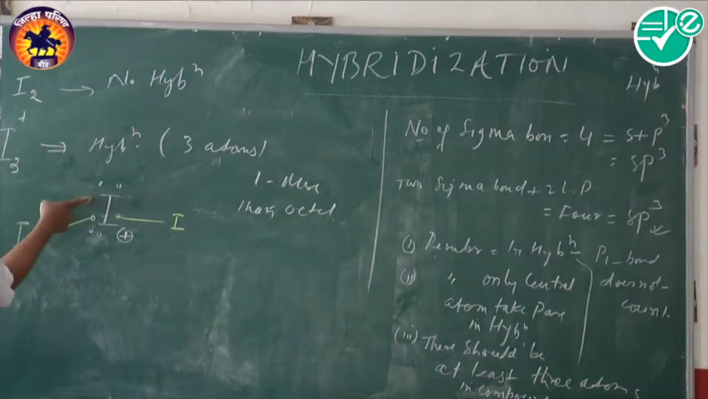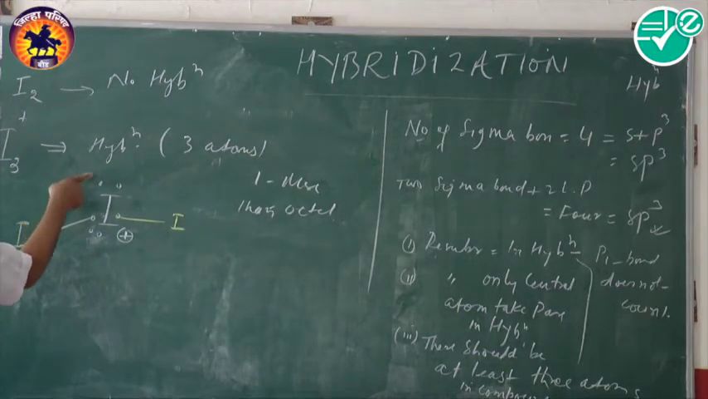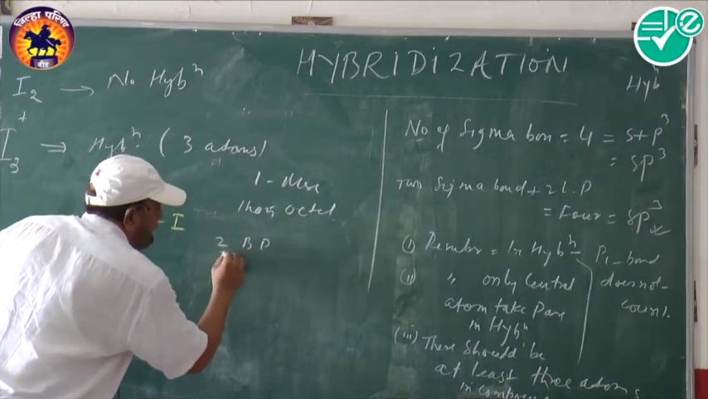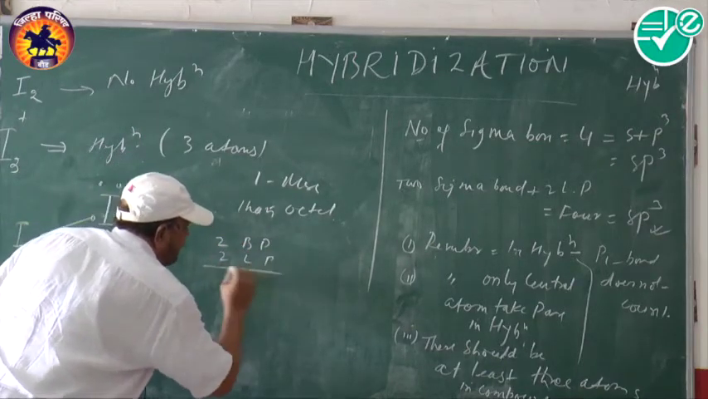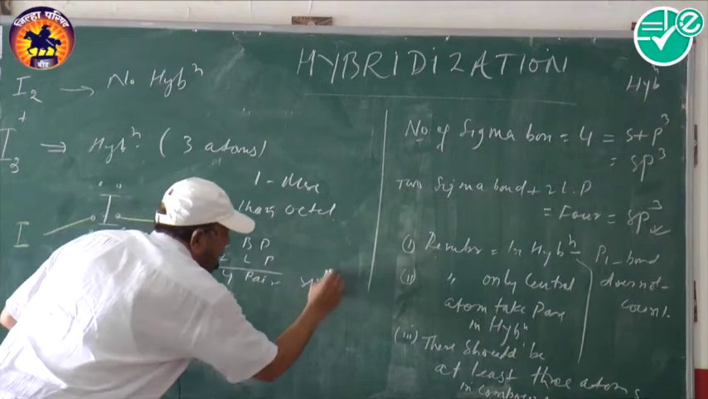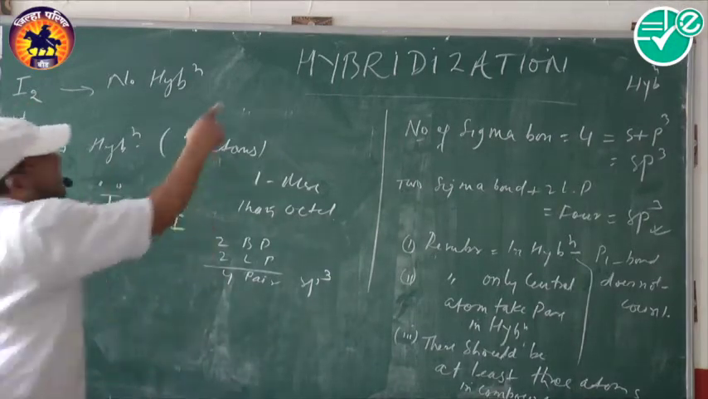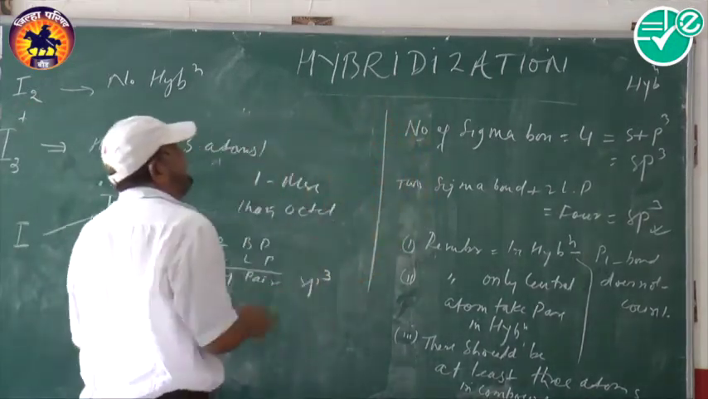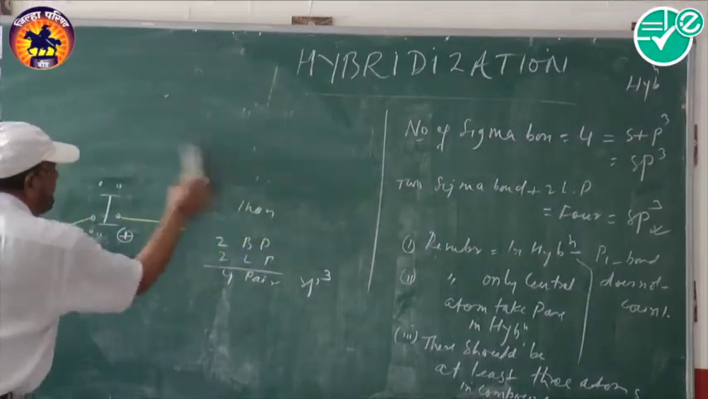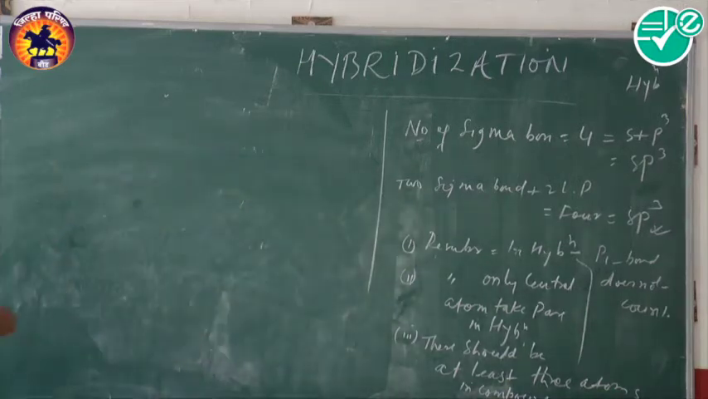Now this central atom has 1 sigma, 2 sigma, 1 lone pair and 2 lone pair. 2 bond pairs and 2 lone pairs. Total is 4 pairs. Hence it has sp3. So this is the easiest method to determine hybridization. Each and every compound you can obtain. This is the easiest and simplest method to determine any type of